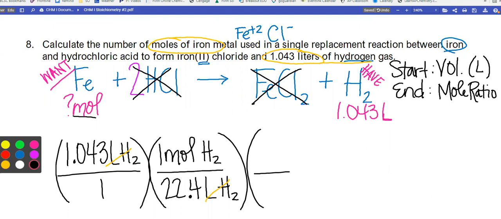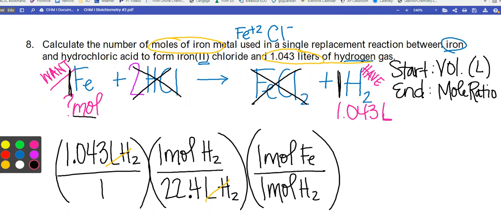Okay. And then the last parenthesis is our mole ratio. Moles want over moles have. And we want the Fe, which has a 1. So 1 mole of Fe over, we have H2, which is also a 1. So that's kind of nice. 1 mole of H2. And that cancels out the moles of H2. Okay. Now, when you solve, we can forget about that third parenthesis since it's 1 over 1. And we're done because when we're done, we will get what the answer is asking for, the moles of the